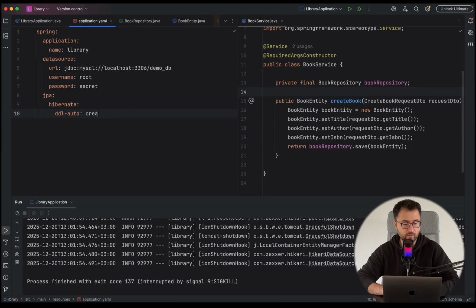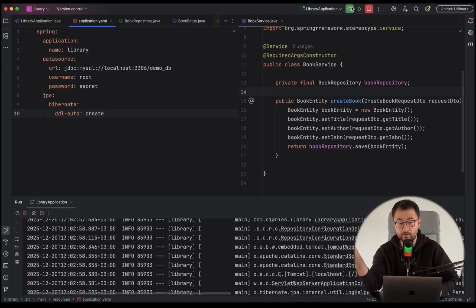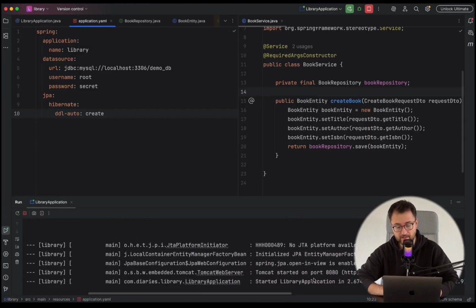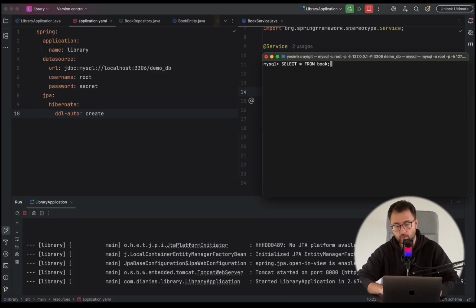And for a moment, I'm going to change this property to create so that when our Spring Boot application gets up and running, it can also create the necessary database table for us. So right away, we see that our library application has started. And if I go over to my terminal and execute the same query, this time around, we don't get any